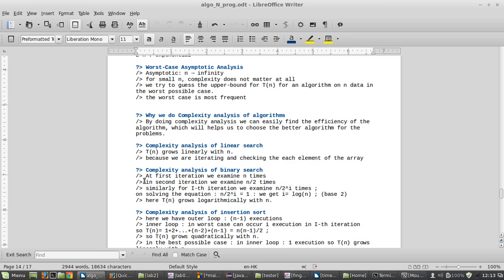Okay, so in the first iteration we examine n times because there is an external loop, that is a for loop, and internally we have a second loop that we examine n by 2 times. What binary search does is divide the input array into 2. Then we check the middle element. If the middle element is not equal to the key element, then we again divide the array into 2. That means we try to see the left side of the array,